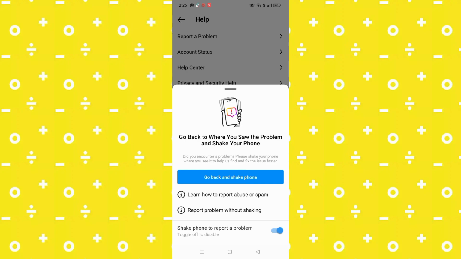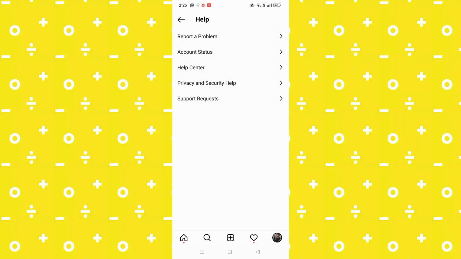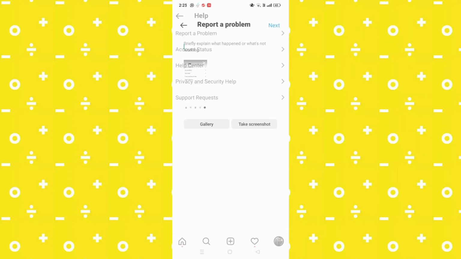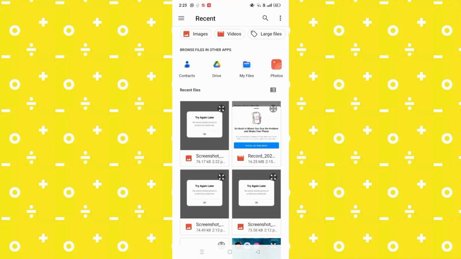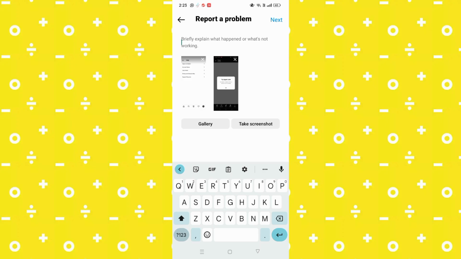As you can see, it shows two options. You have to select Report a problem without checking. After that, tap on Gallery and select your screenshot and put this